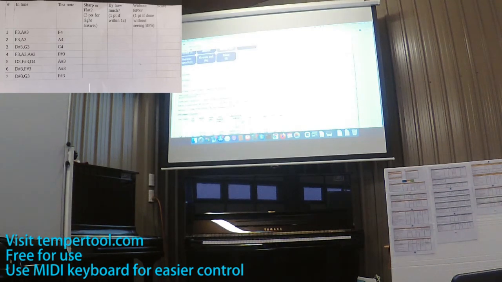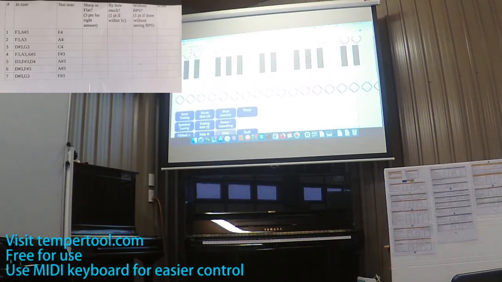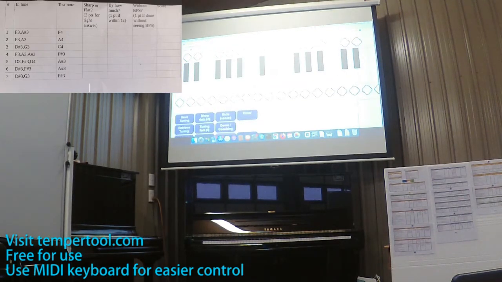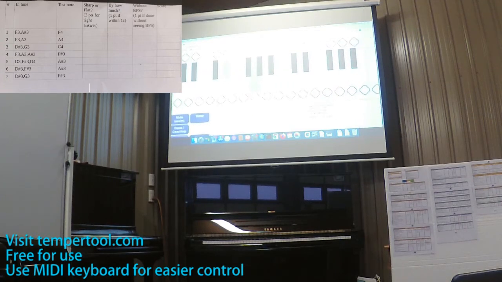If you're struggling to hear these, you can tick the isolate the beating partials, which just means that when you play the interval together, all the other partials disappear except the conflicting ones, which give you a Hammond organ type thing. And now there's no trouble hearing the beat rates, right? Okay, I'm going to show you the beat rates. That's at 6.25. That's at 6.25. So if you want to change your answer,